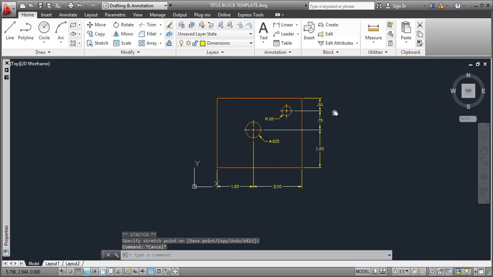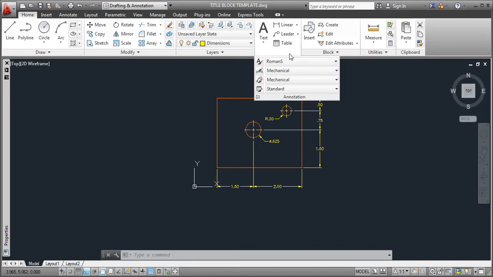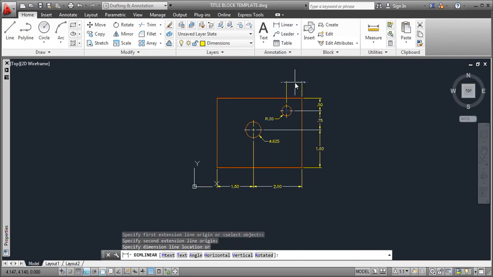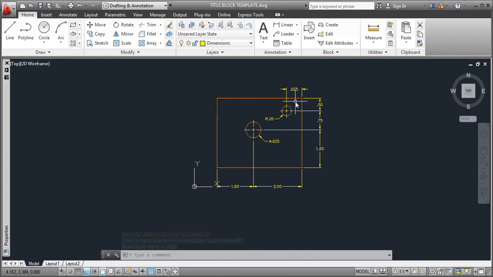Now the next couple dimensions are going to be 3 decimal places. So I can left click on the annotation drop down, left click to get 3 decimal places. Now do a linear command, left click on the command, left click on an endpoint, left click on an endpoint, drag away, and I can go through and